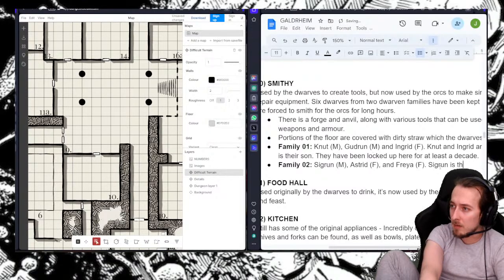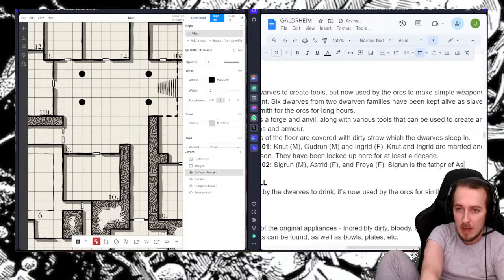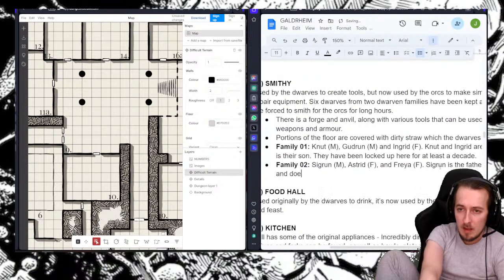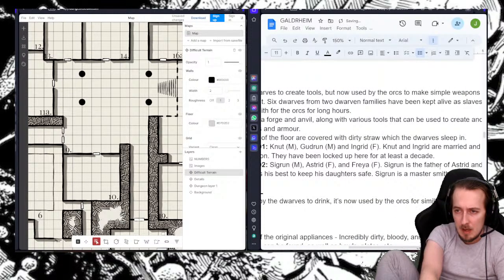Sigrun is the father of Astrid and Freya, and does his best to keep his daughters safe. Sigrun is a master smith and is